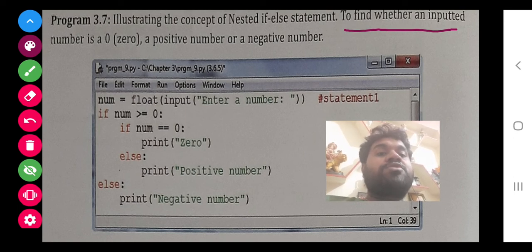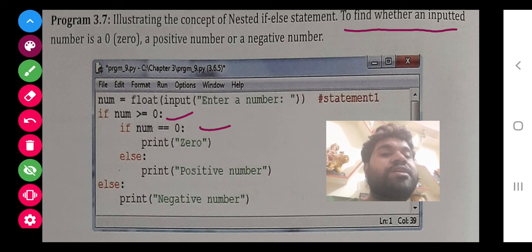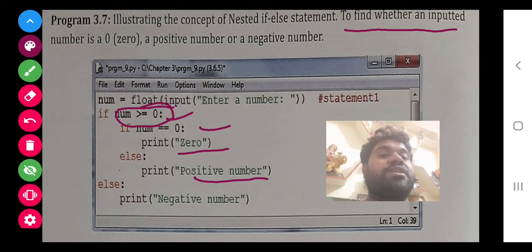First of all it is checked whether it is greater than or equal to 0 or not. If it is greater than or equal to 0, then it is checked whether it is greater than 0 or not, or equal to 0 or not. If it is equal to 0, then 0, else a positive number, because the first condition was greater than or equal to, and this condition is only for equal to.